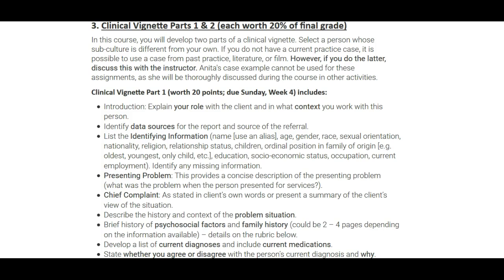Next, describe the history and context of the problem situation. So you want to just give a brief history on what brings the client to services, and the context, you want to just describe like what's happening. So this depends on like why your client is there, right? So if your client is coming to you for the purpose of this paper, and you're saying you're in private practice and they were referred to you because of the type of work that you do, perhaps addictions or trauma work, you would explain like a brief history of the client's